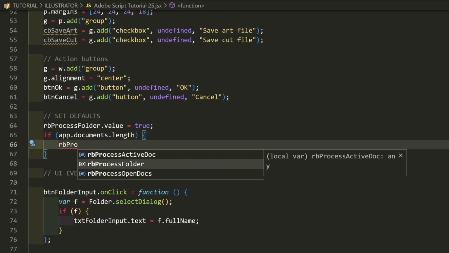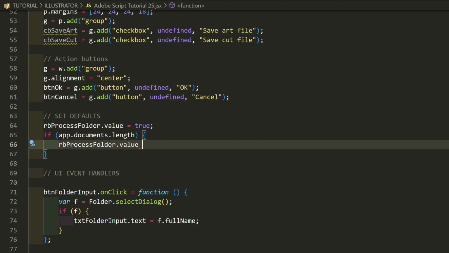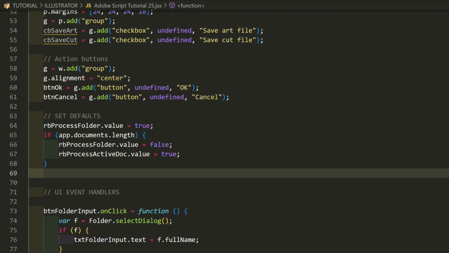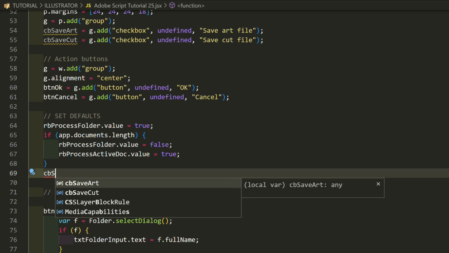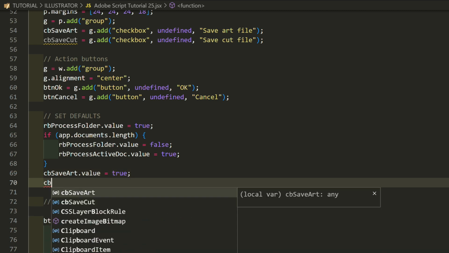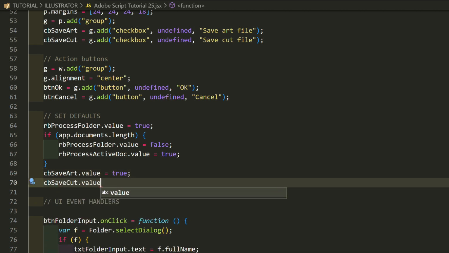RB Process Folder value equals false. RB Process Active Doc value equals true. Default to save both art and cut files. CB Save Art value equals true. CB Save Cut value equals true.